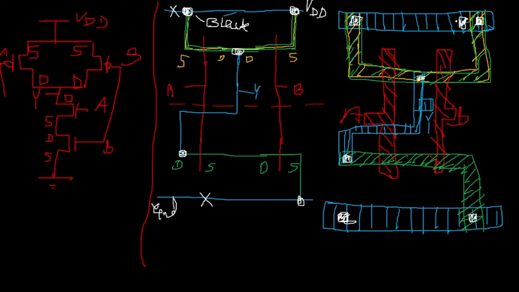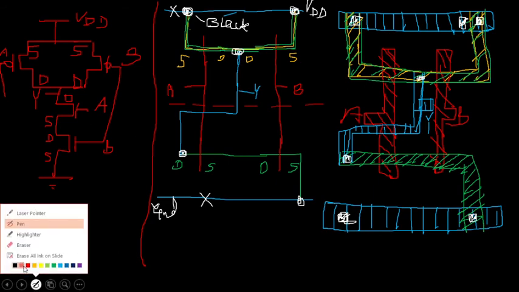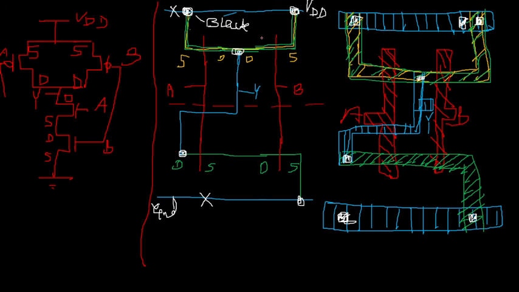If 3 inputs are there by chance, not to worry about it, you have to simply make one more gate and 3 polysilicon lines will be there, and accordingly you can make the connection. So this is your CMOS implementation first of NAND gate, and then its stick diagram and layout.